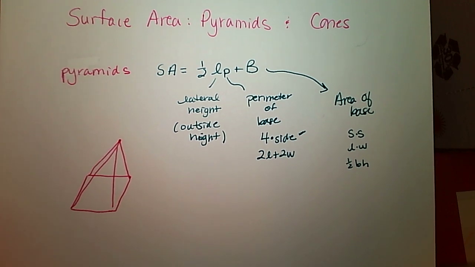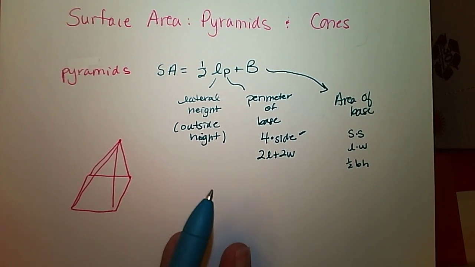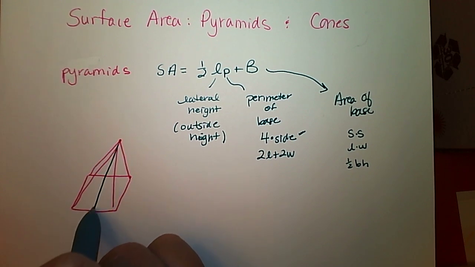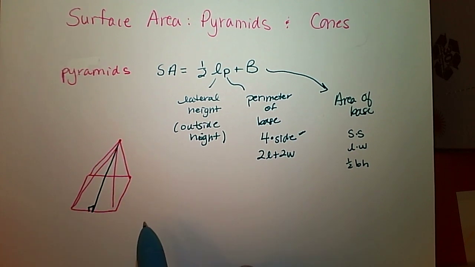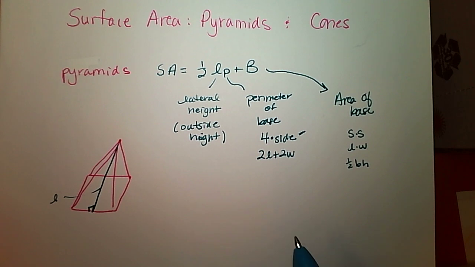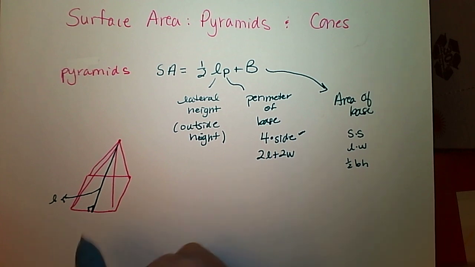Now looking at this picture, just so we can identify these pieces we were talking about. On the side here, it's a right angle drop because it's always an altitude. That's going to be my L. That's what we're talking about, that lateral height. It's the height of the lateral side. If you remember back in 6th grade, that's talking about the lateral. The perimeter of the base depends on what our base is down here, but that's a side,